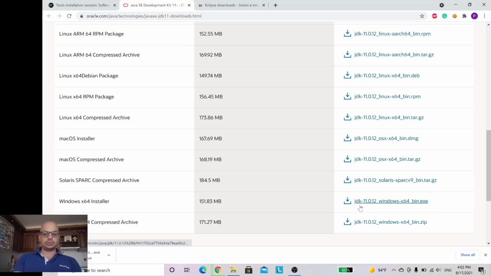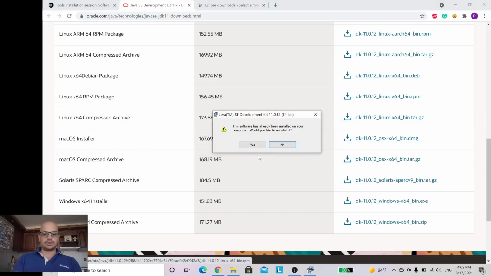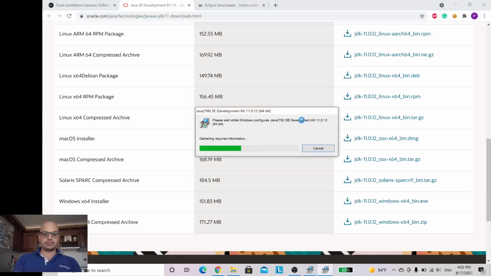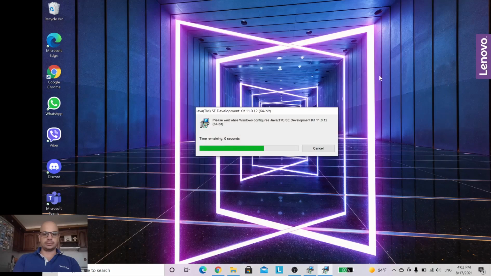If you do it for first time, it's going to require from you to create account. This one, you can easily do it, and when you press the sign in button after that, you are going to start the downloading process. After a couple of seconds when it's done, you need to launch the installer. In my case, I already have it, but I'm going to do the steps again.